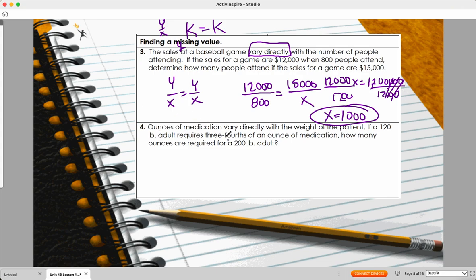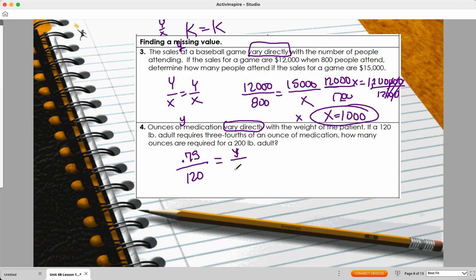All right, so the ounces of medication varies directly. Again, there's that same idea. So we know this is our y, that's our x. So we know that 3/4, now you can change it. You can leave it as a fraction and do 3/4 over 120, or you could do 0.75, whichever makes you more comfortable. We'll use 0.75 because I know you all are more comfortable with decimals than you are fractions, is equal to